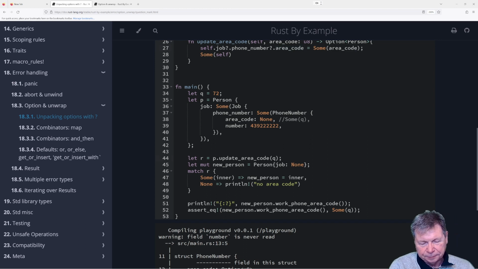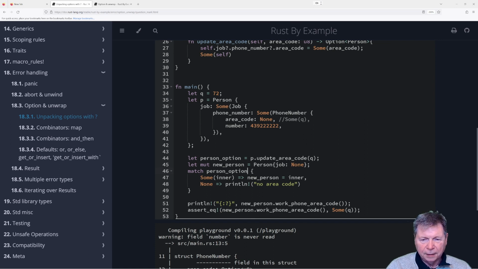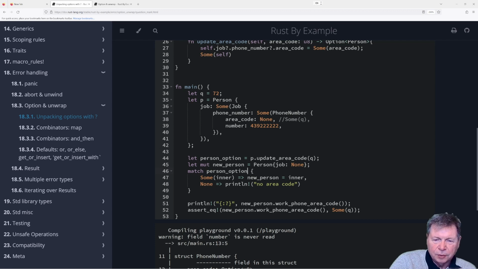Yeah, so this to me would be not R, but person option. Like that, so this returns a person option.